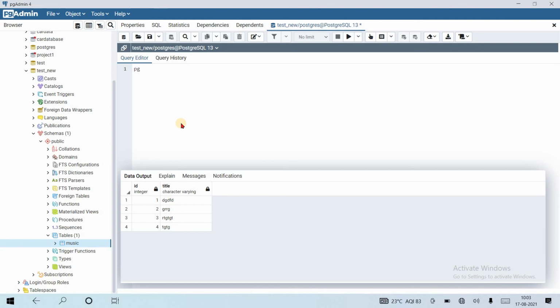The syntax is pg_dump, which is a utility of PostgreSQL. pg_dump -d followed by the database name, suppose the database name is something, then -h localhost, the host, then -U, the username of the host, then -n, the schema name that we want to dump, public or another schema name, followed by the greater-than arrow and the name you want to give this file, with .sql. That's it. This is the syntax.